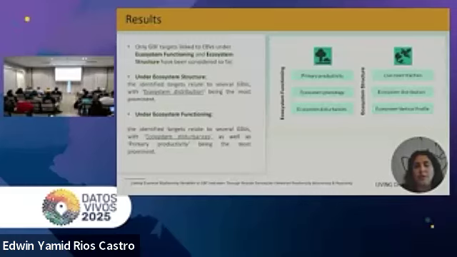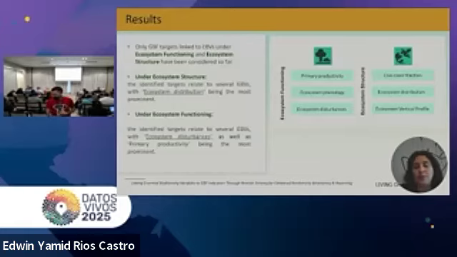Only GBF target links to EBVs under ecosystem functioning and ecosystem structure have been considered so far in our research. Under ecosystem structure, the identified targets relate to several EBVs, with ecosystem distribution being the most important one.